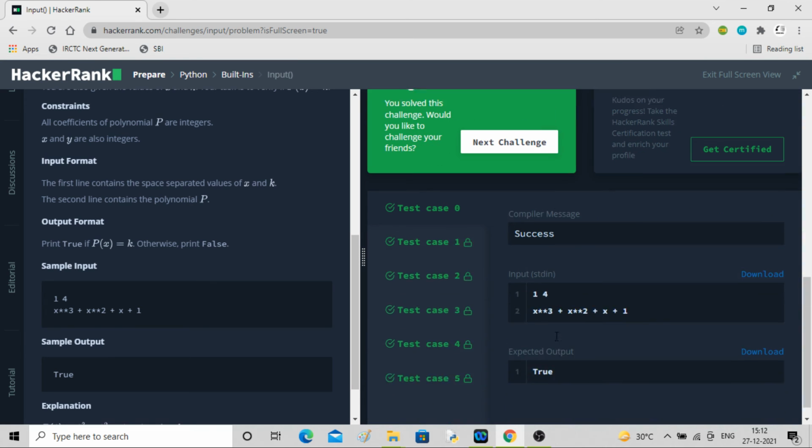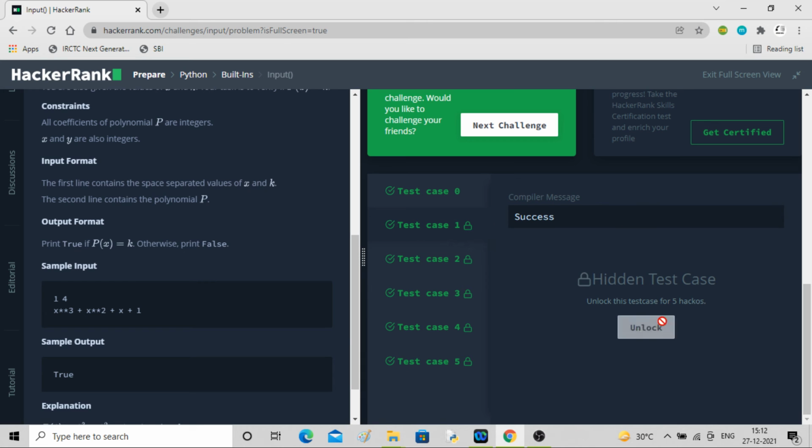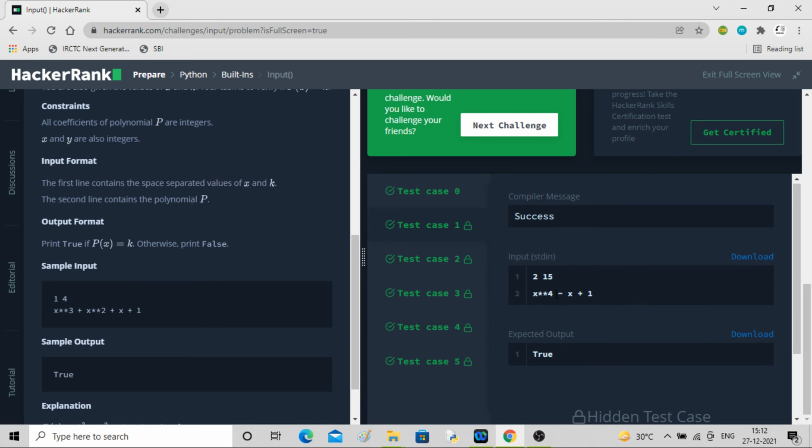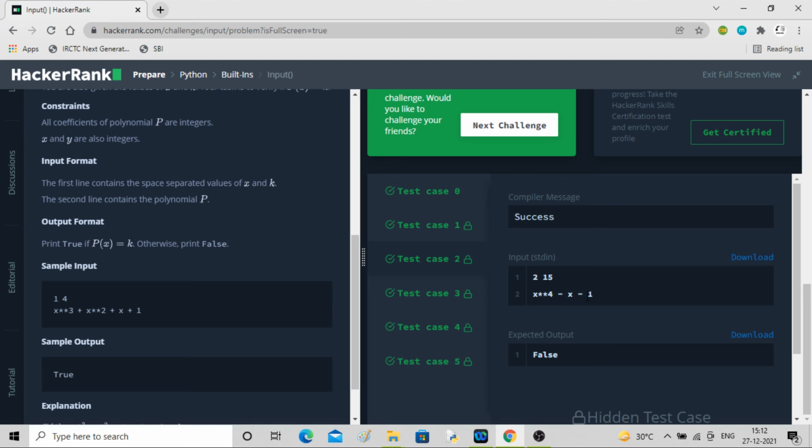Yeah, congratulations, we are done. Let's see the other expression test cases as well. See this: x to the power 4 minus x plus 1. This is also calculated. Then x to the power 4 minus x minus 1.